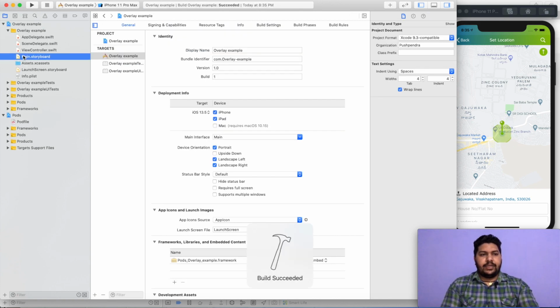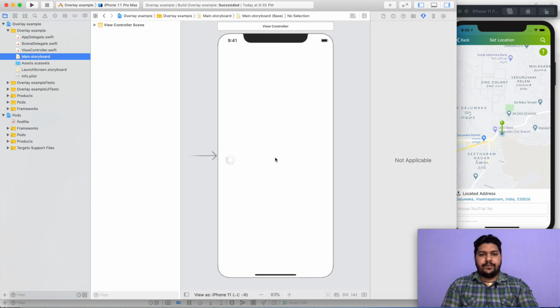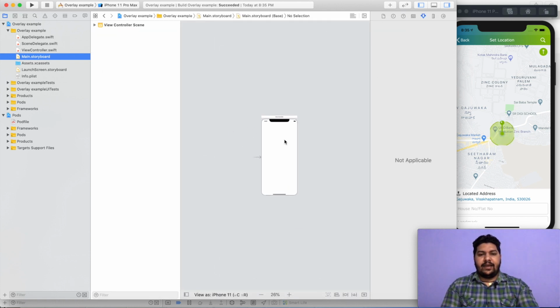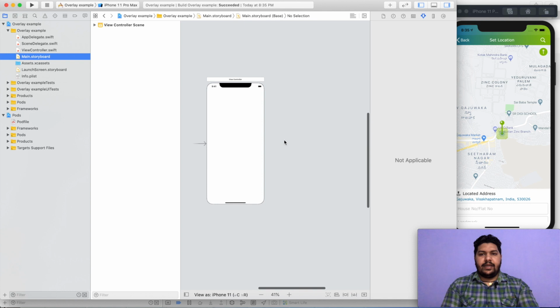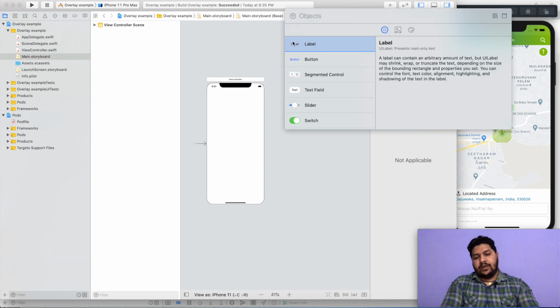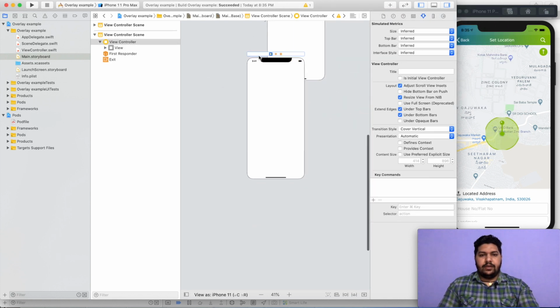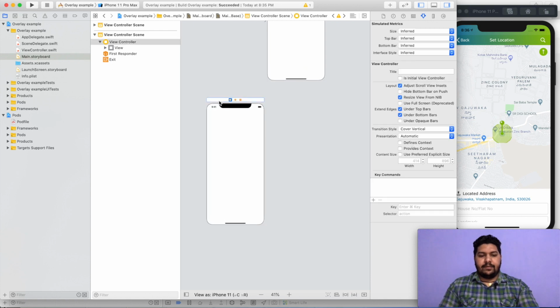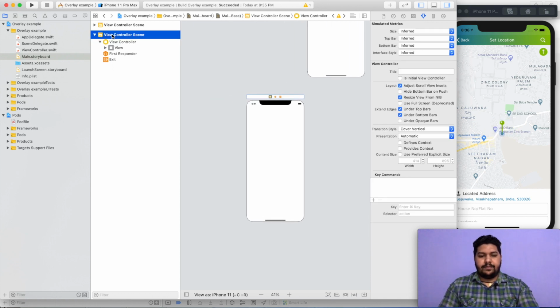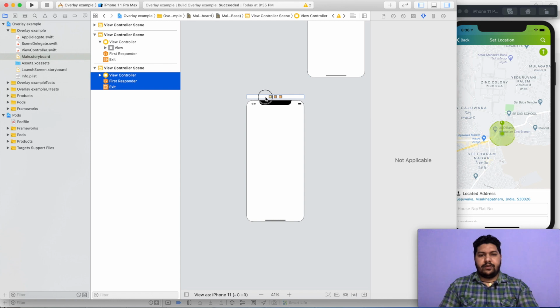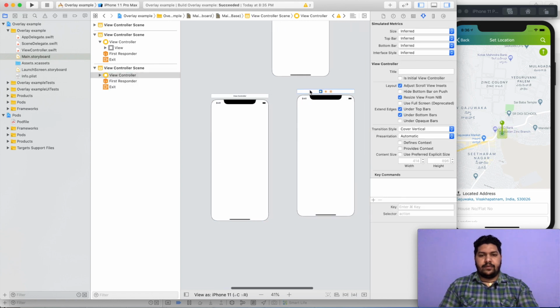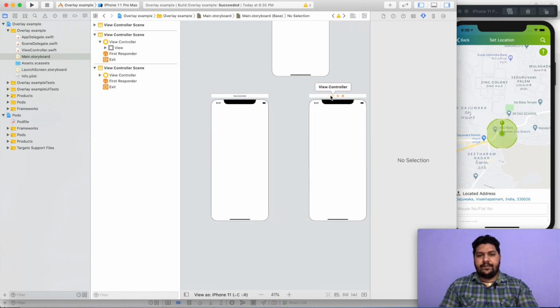Now open your project storyboard and here you can see I have one view controller. Now I will take two more view controllers, called view controller 1, and inside this I will take the map, and I will copy and paste the same view controller to the other one. Here I'll say details.